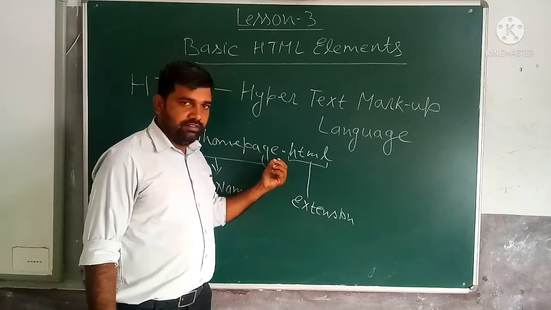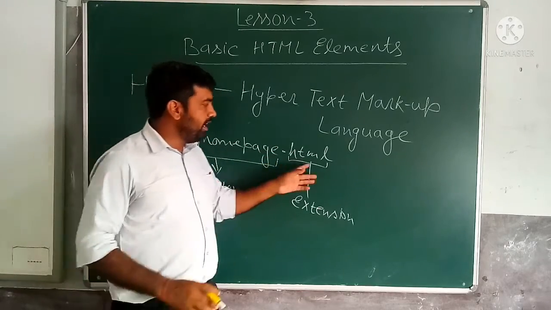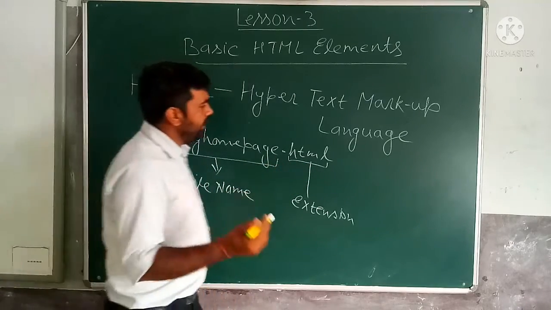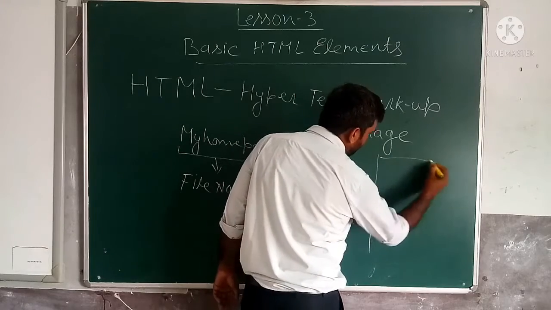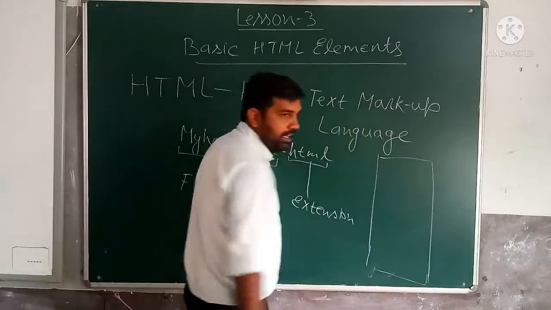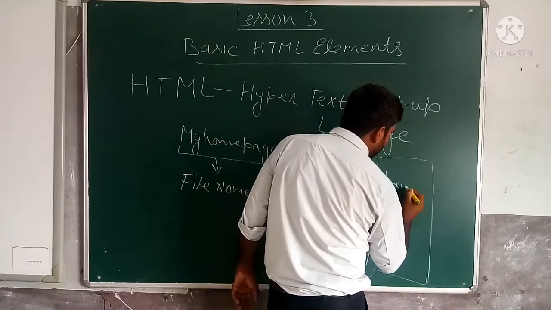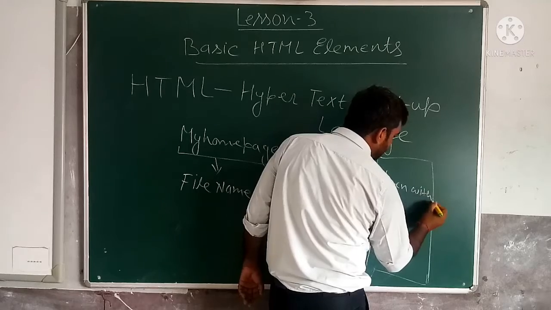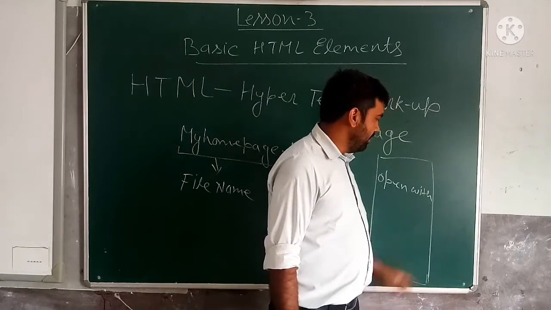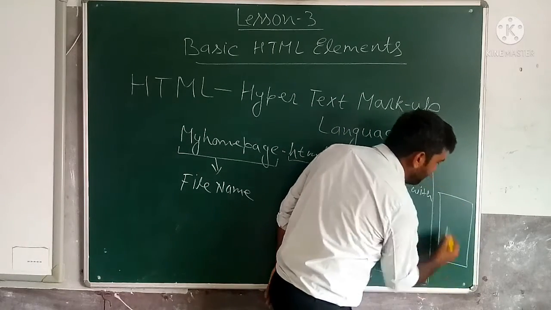Now select that file. After selecting that file, you make a right click. When you right-click on the myhomepage.html file, a context menu will open. In that context menu, you will get many options: copy, paste, send, and open with. There you find the option Open with. So select this option, Open with. When you select Open with, again a context menu will open, and that menu will provide you a list of browsers.